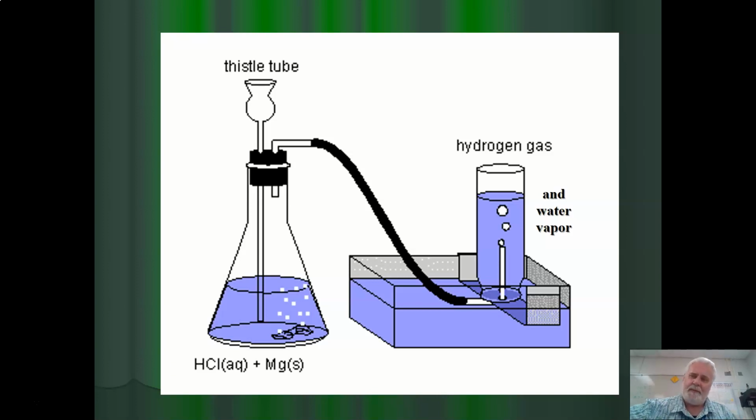If you know the temperature, you can go to your blue sheet in your packet here, and you can look up what the pressure is in millimeters of mercury and kilopascals of water at varying temperatures. Now here's what's kind of interesting. If you look at that blue sheet, and if you look at a temperature of 100 degrees, then the partial